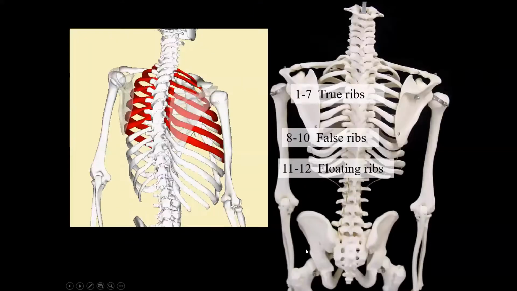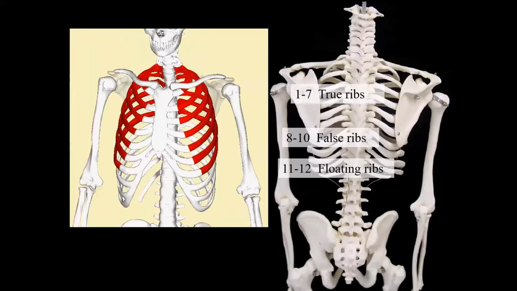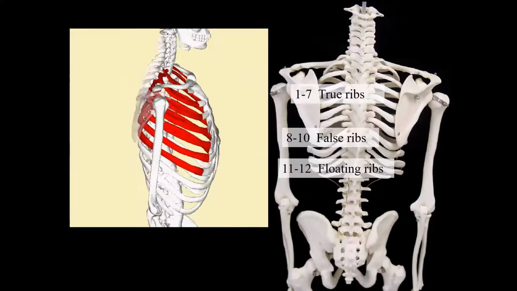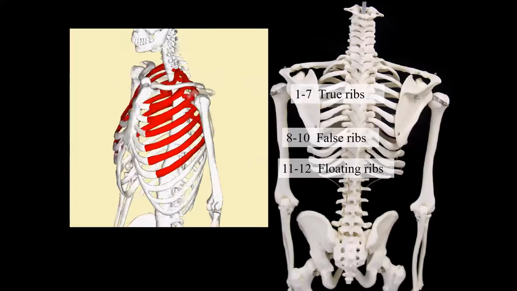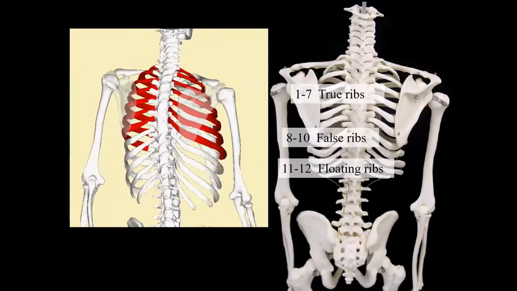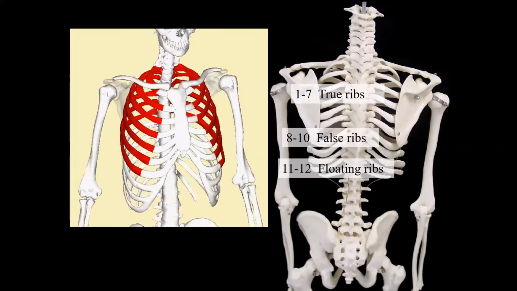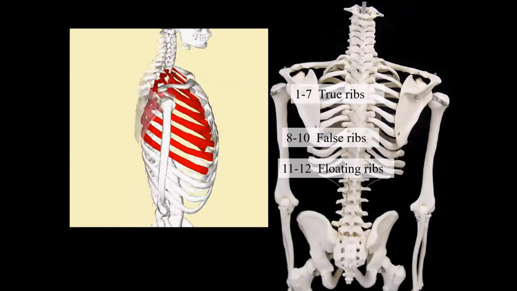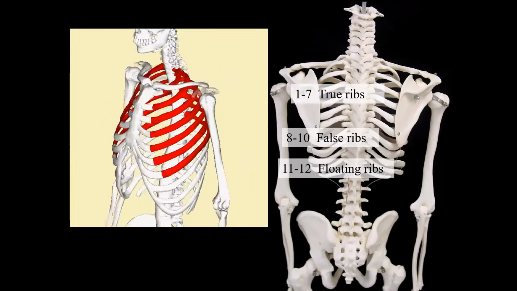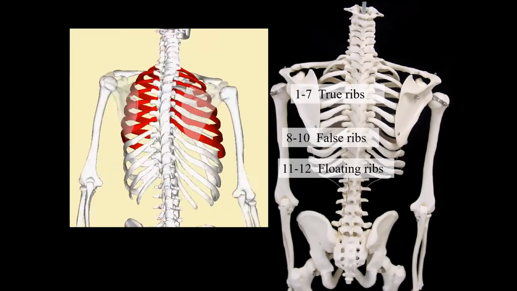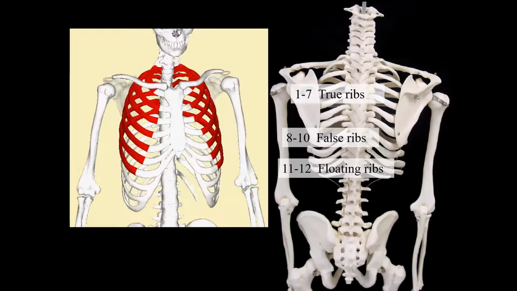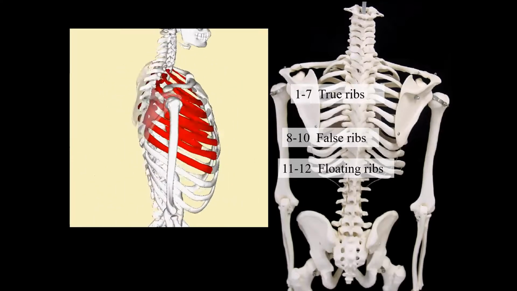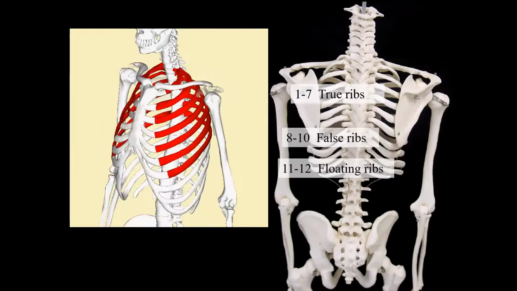Now, let's take a look at the ribs. There are 12 pairs of ribs. The first 7 pairs are called the true ribs. They are attached directly to the sternum. This is what essentially our ribs look like. And we'll see that the first 7 pairs attach directly to the sternum by way of hyaline cartilage. You notice as this goes around, the ribs are highlighted in red, and then the cartilage is in white, and you can see how the first 7 pairs are attached to the cartilage, which then attaches to the